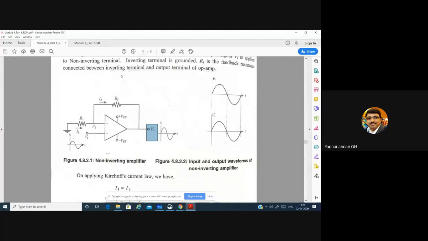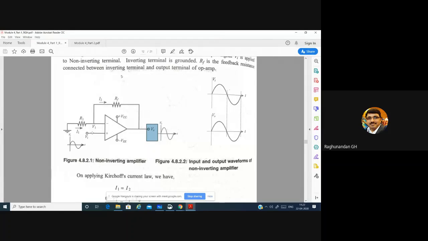But if you give the feedback to the positive terminal, it will add gain. Already it has some gain, and to that it is going to add some more gain. Already we have too much gain. So if you give this feedback to the positive terminal, its gain further increases, and we don't want that to happen here. But this positive feedback is used only in oscillators.